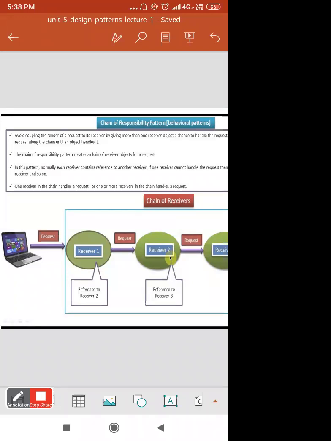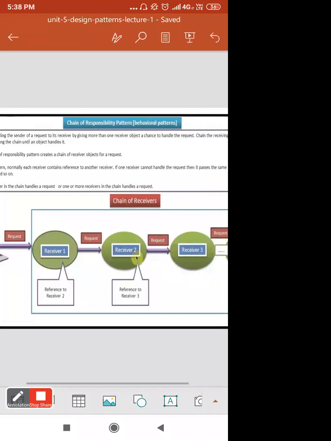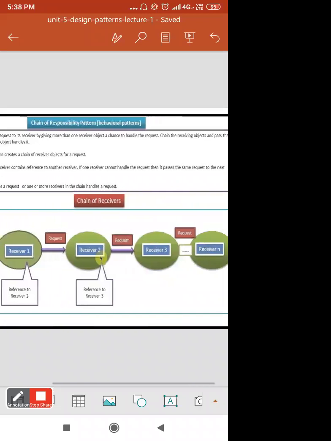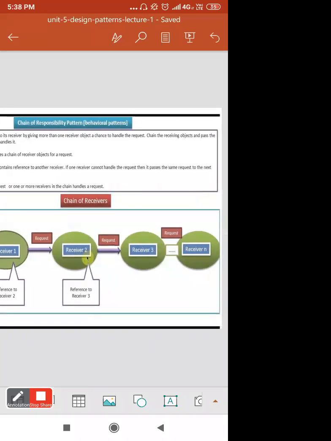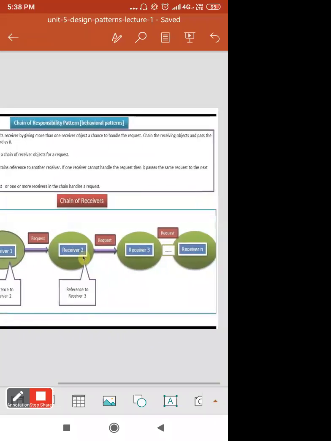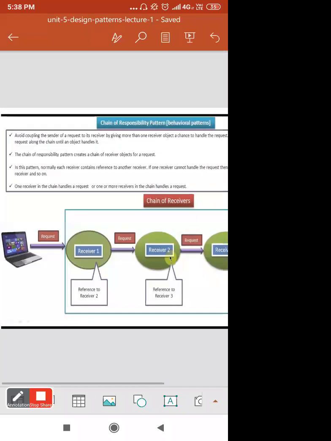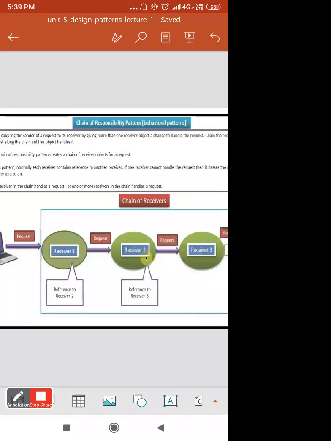In this pattern, normally each receiver contains a reference to another receiver. If one receiver cannot handle the request, then it passes the same request to the next receiver and so on. So it is the responsibility of that particular receiver to handle that request.